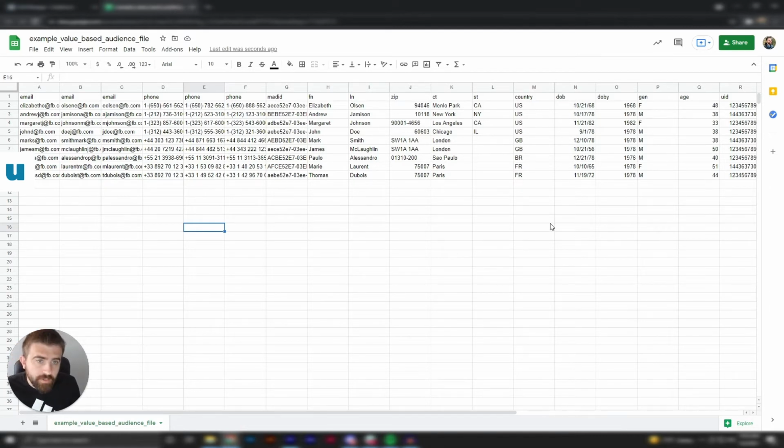Country is very relevant. You don't need things like date of birth, gender, age. You can if it's something where, for example, you're running a campaign that's very women focused, like something around breast cancer. You may want to include things like gender, age, those types of things. But for most people, just include things like email, first and last name, zip code, country, state. That type of information will give Facebook more than enough information to know who these people are,